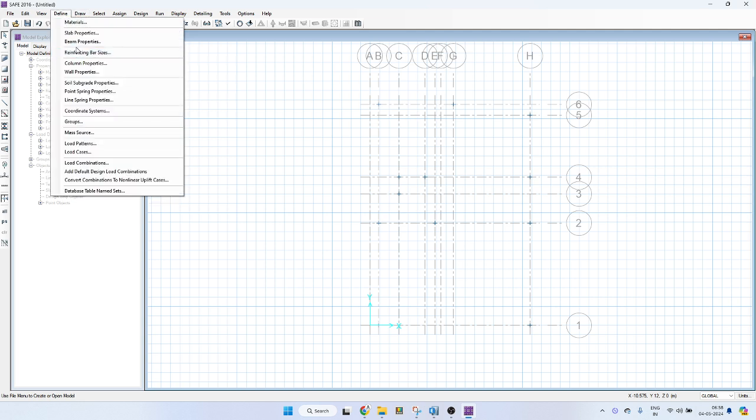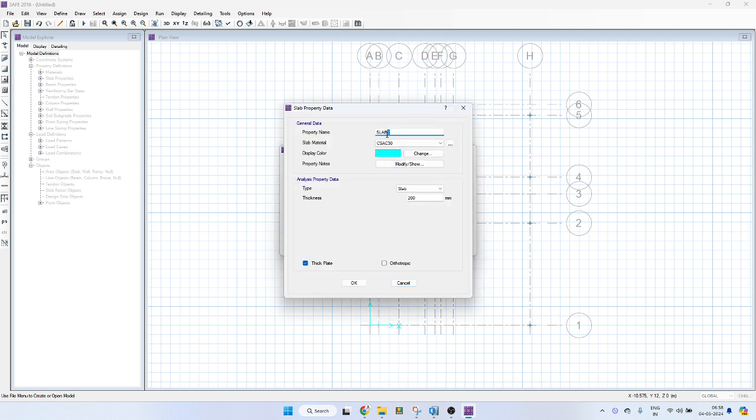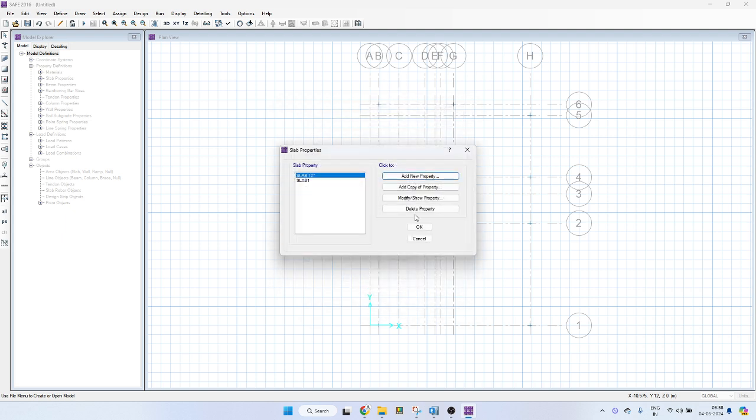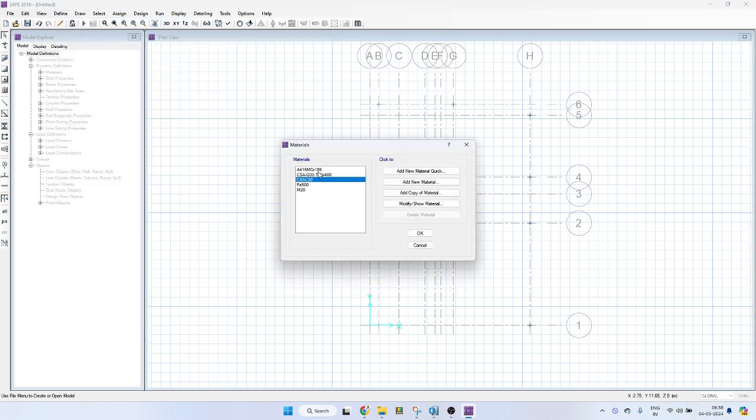And next, what will you define? You'll define the slab properties. Add new property. Slab first is 12 inches, 300. This should be properly selected. M20 it should be made because that's a slab, right? Footing is nothing but a slab. So you need to put it as slab. You can delete whichever is not necessary. I think you can't delete the default materials. Anyways,